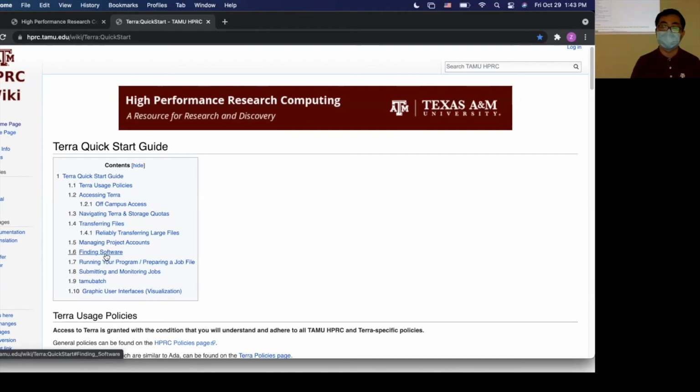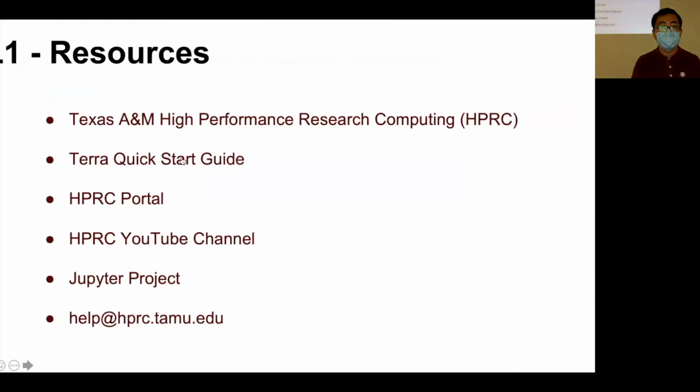If you want to use some software on our cluster, you can use module commands to find it. And we also have some job file examples. If you want to submit a batch job, you need to have a job file, and we have examples of these job files and of submitting jobs. So this is about the Terra Quick Start guide.